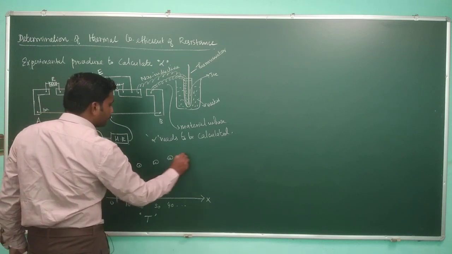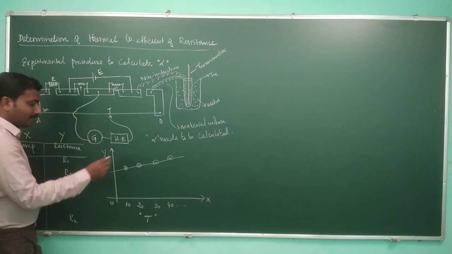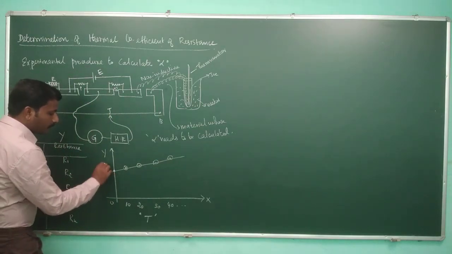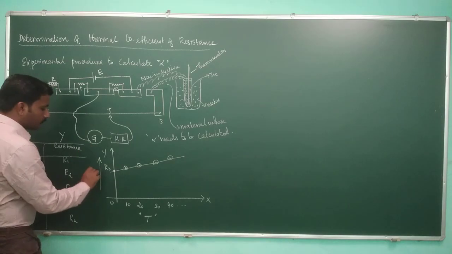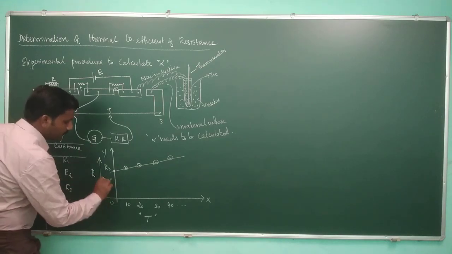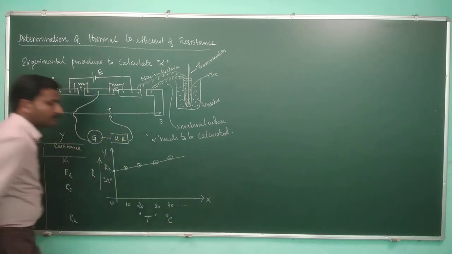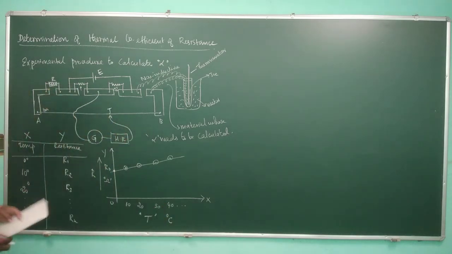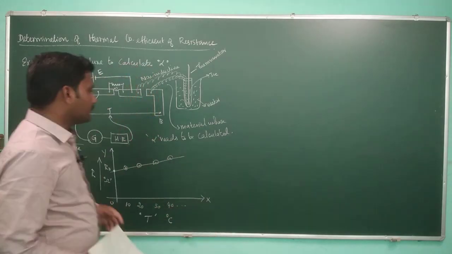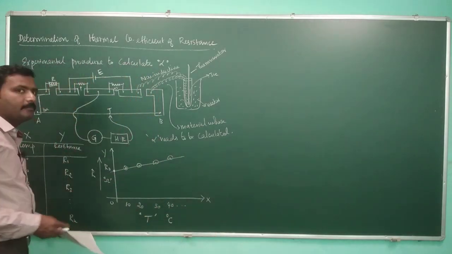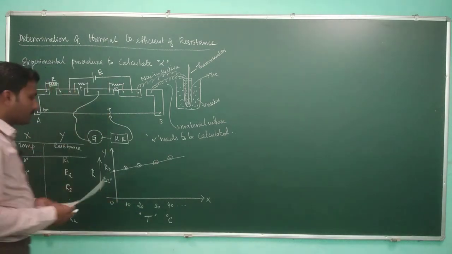Okay. Now, if we connect this, it will meet at a point on the y-axis. This point is nothing but R0. So here R increases along the y-axis. The unit for the y-axis is ohm. The unit for the x-axis is degree Celsius. Whenever you are drawing a graph, you need to mention the scale, the unit, and the label, that is the parameter drawn in the graph on the x and y-axis, etc.